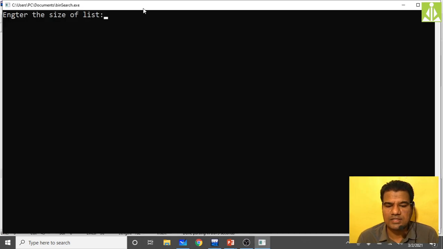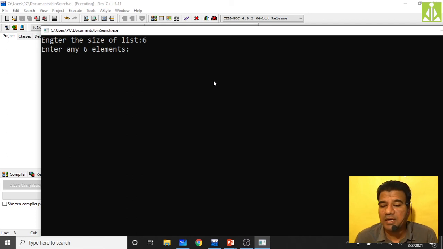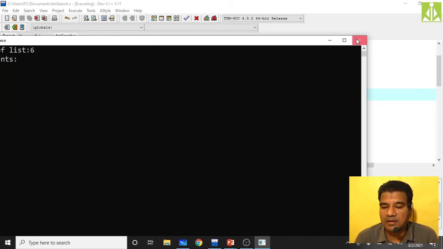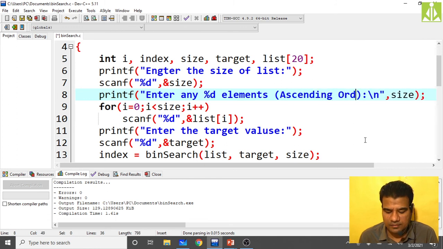As you can see, now it is asking me to enter the size of the list. I said 6 elements. Now it is asking me to enter any 6 elements, but this should be in an ordered manner, or ascending. Ascending order is must, isn't it?